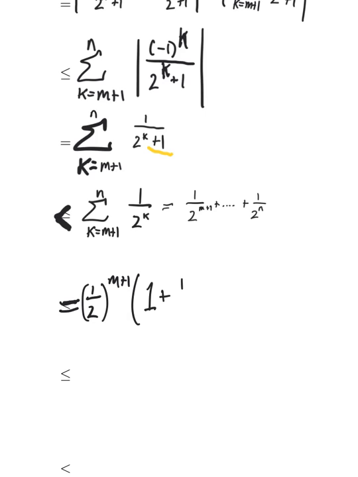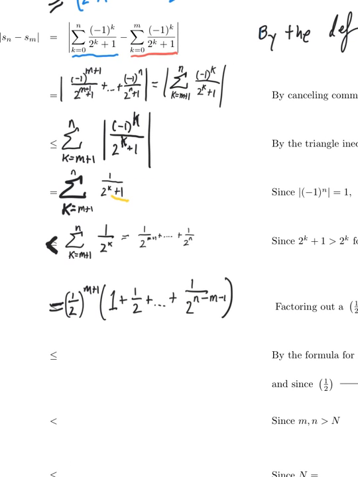So the next term would be 1/2 plus dot dot dot plus on up to 1/2 to the n, but I need that n reduced by m plus 1. Which, that'll do. And maybe one can put this back in summation notation now. 1 over 2 to the m plus 1 times, well,